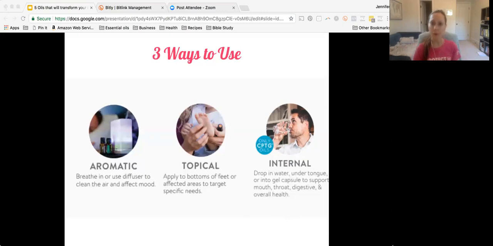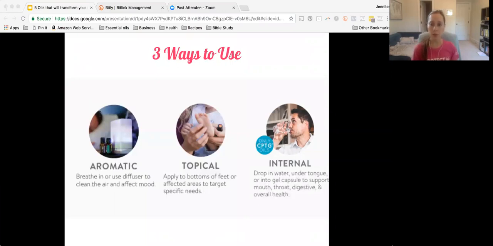Okay. Other areas of the body to apply oils are your wrist, chest, back of the neck, behind the ears, along the spine. Those are all wonderful areas of application. And then, of course, depending on what oil you're using and what you're using it for, any area of concern as well. So, for example, if you're using an oil for digestive support, you can apply it to your abdomen. That would be a really perfect place to put that oil.